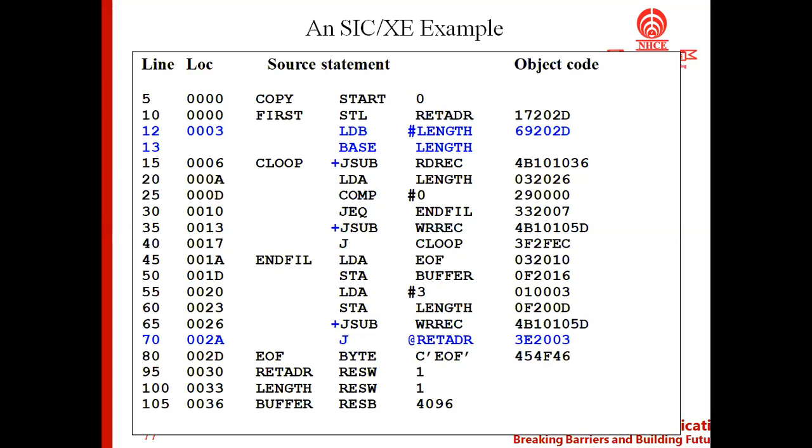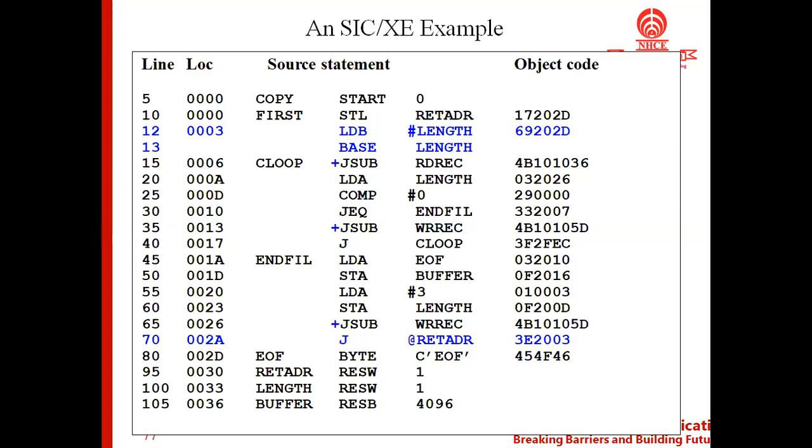So in the object code we are supposed to get the value 140030, but in line number 10, if you look at the object code, we saw that the object code is 17202D, which is totally different from what we have come across.